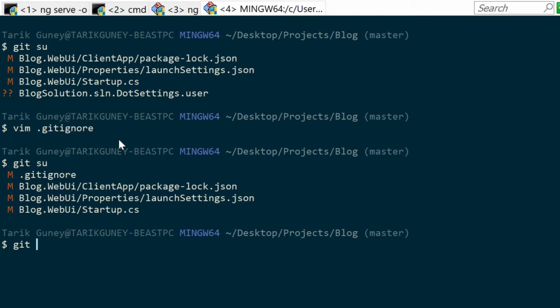Normally, I like keeping those changes as separate commits, which I can show you how. The reason is that they're not related changes, right? Package lock JSON is changed because of the npm install, but launch settings and startup CS are changed because I've changed things, and they are related changes, right? So I want to keep them in separate commits, so that when I go through the history, I need to change stuff, or need to find out what happened,